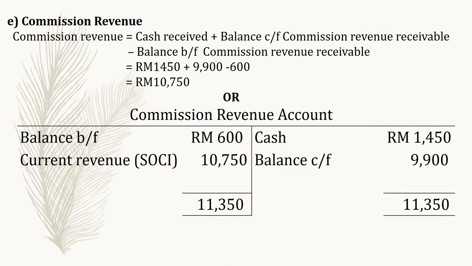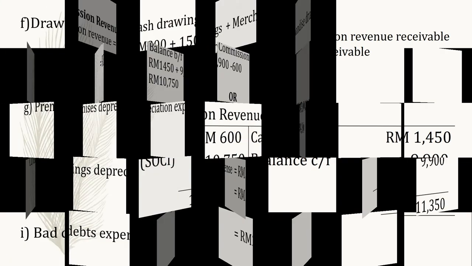As for your commission revenue, okay, so this is your cash received plus your CF minus your BF. Or in a form of T account, this is your balance brought forward, this is your balance carry forward. Okay, so this cash amount is taken from your cash book, the credit part, which is actually the cash you receive. So the current revenues, commission revenue, is 10,750. So these three accounts need to be adjusted to find the current expenses and revenue,